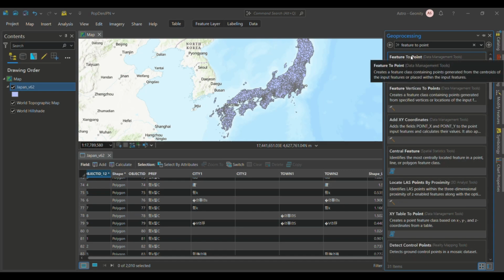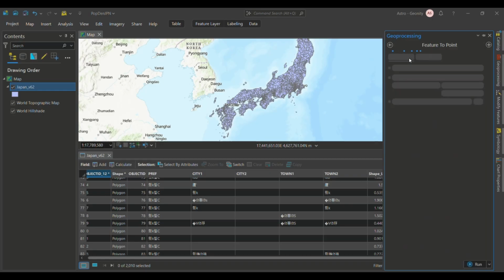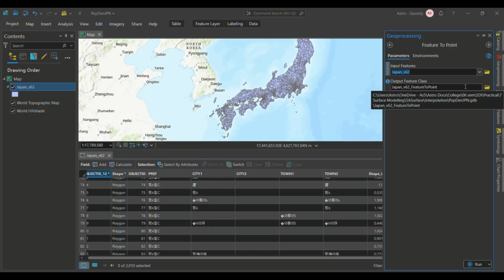This is the one from data management tools. Click it. Then our input feature is Japan. And then for the output feature, let's make it short, and we'll call it